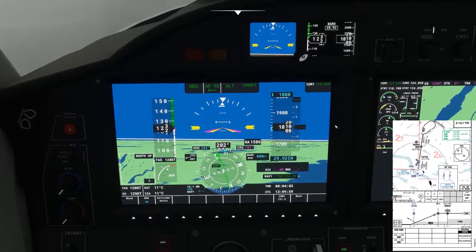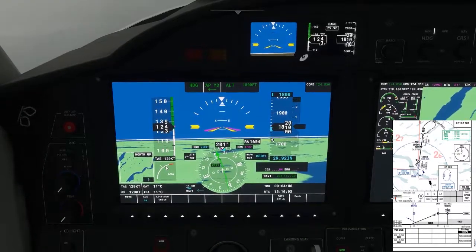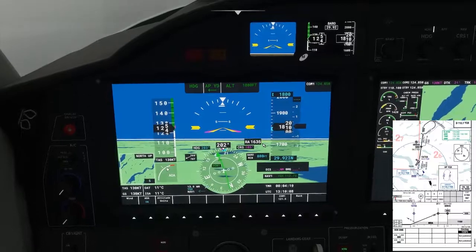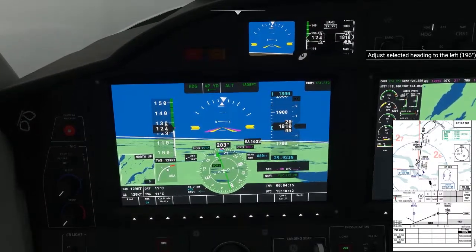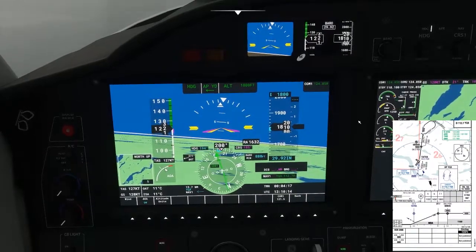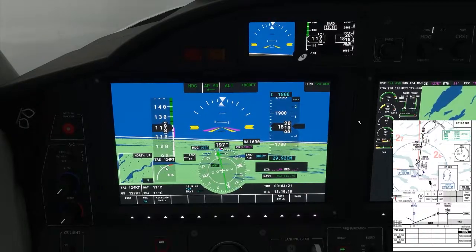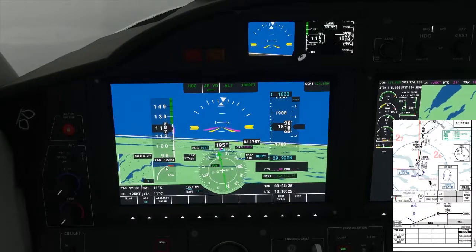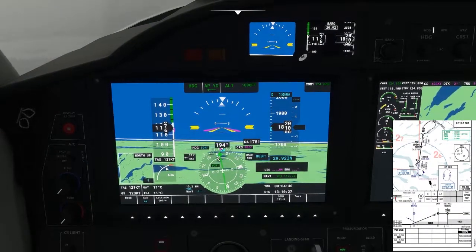We need to consider whenever we're going to start reducing our speed and putting our landing gear down, stuff like that, whenever we're going to start configuring the aircraft, because that's going to make things a little bit harder to manage too. So it's a good idea to maybe do that a little bit earlier than you normally would on an ILS approach, because you've got a few more things to think about in this as you tweak your altitude on the way down. So we are pretty much established inbound,